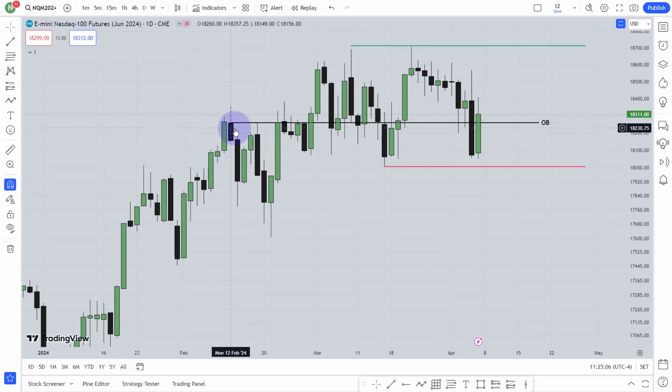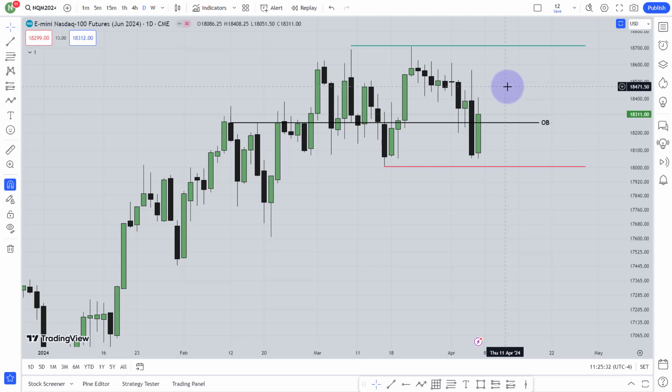Now, if you look clearly, what you actually got over here: the market has taken the liquidity around that area, then gave you the market structure shift. This is the fair value gap. Price traded that fair value gap, traded one more time, went lower, then went higher. Still, this is my bullish order block. But so far I am expecting some kind of breaker block.